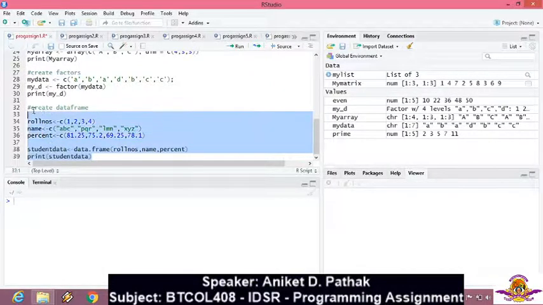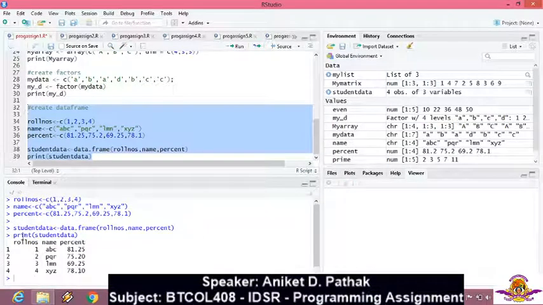When I execute this entirely, let's see. If you see, I am getting a data set of the list type, represented as a data frame, that is roll number 1 is ABC, his percentage is 81.5. If you want to include more than 3 vectors, or n vectors, you can easily do it. Now if you see, the different data values are there in the environment.